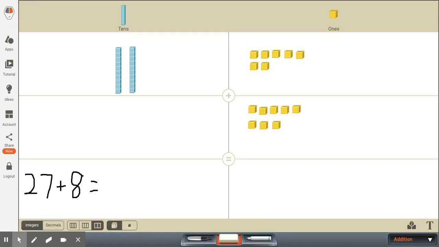So now we can use the same examples, but show these examples by using base 10 blocks. And it's very similar to using the counters and the 10 frames. So here we have 27 plus 8. And what we're going to try to do is look and see if we can compose and make a 10. Same thing we did with the counters and the 10 frames. So we're going to